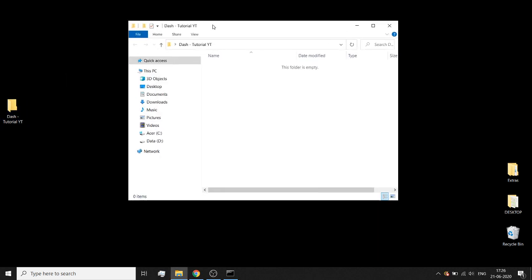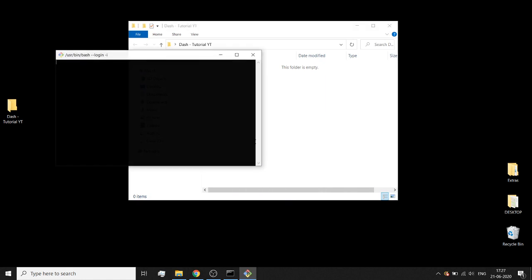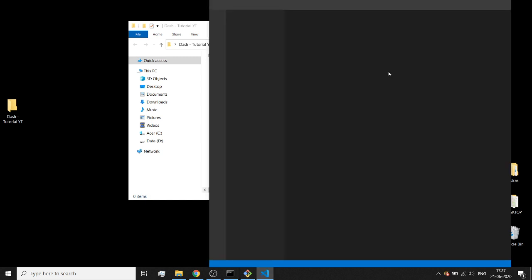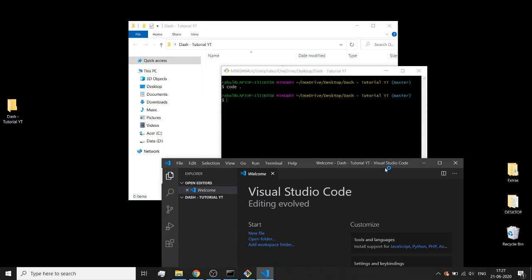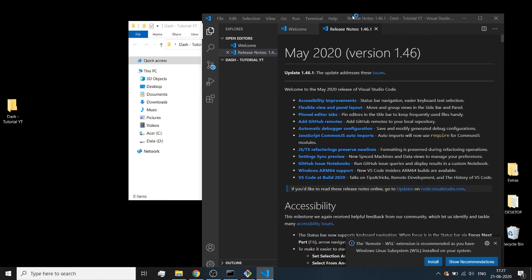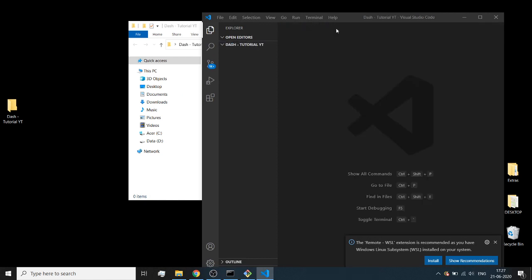In this particular folder, I'm going to open a terminal, and in this terminal I'm going to enter code dot, and it is going to open Visual Studio Code for me. In Visual Studio Code I can write my code. First of all I'm going to get rid of these unnecessary tabs, and make a folder for this video.